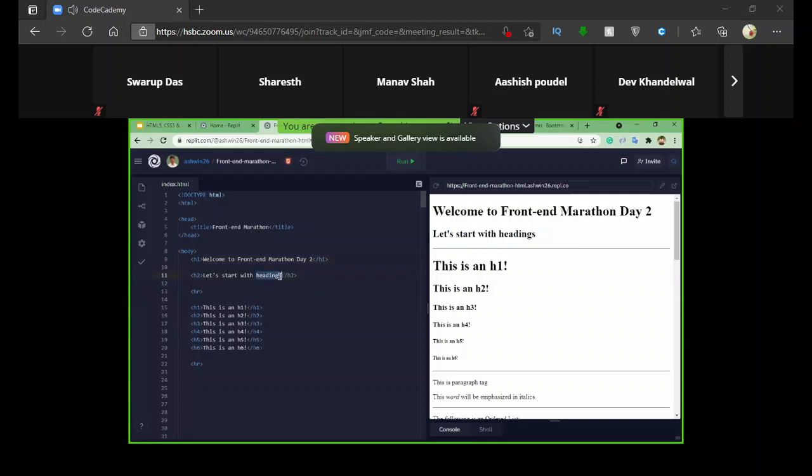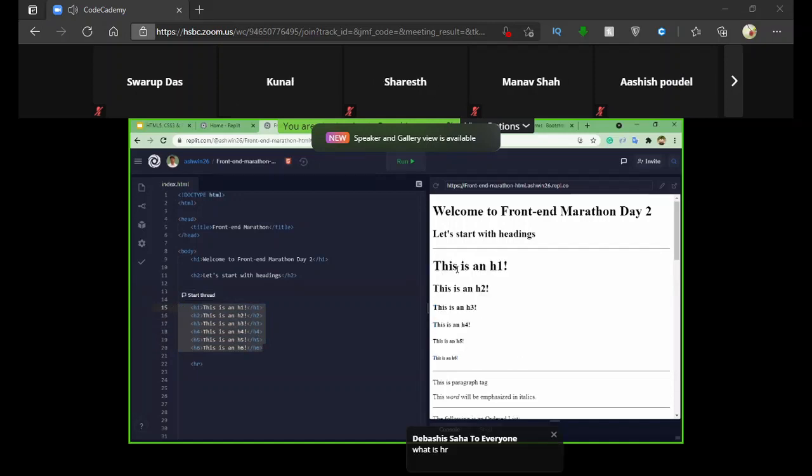As you can see, the font size differs for each heading. That's because whenever we have to create a subheading and another subheading, we use h1 till h6 tags. We don't have beyond that. We just have six types of tags: h1, h2, h3, h4, h5, and h6. To demonstrate this, I've given it over here. As you can see, the size keeps on decreasing for each tag.